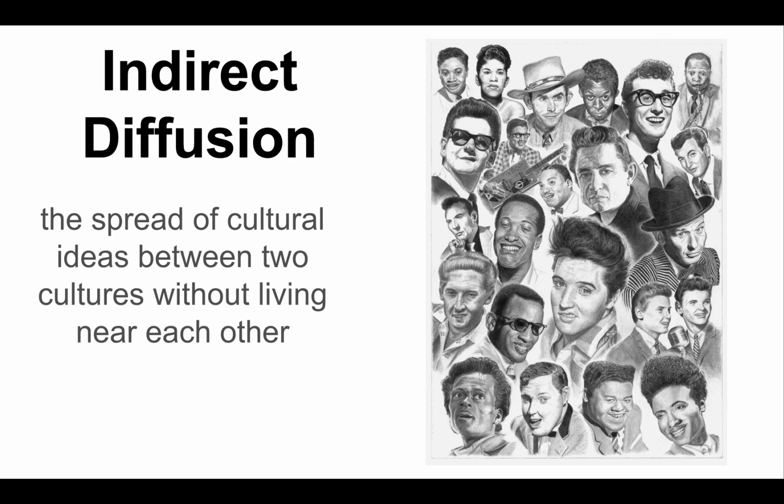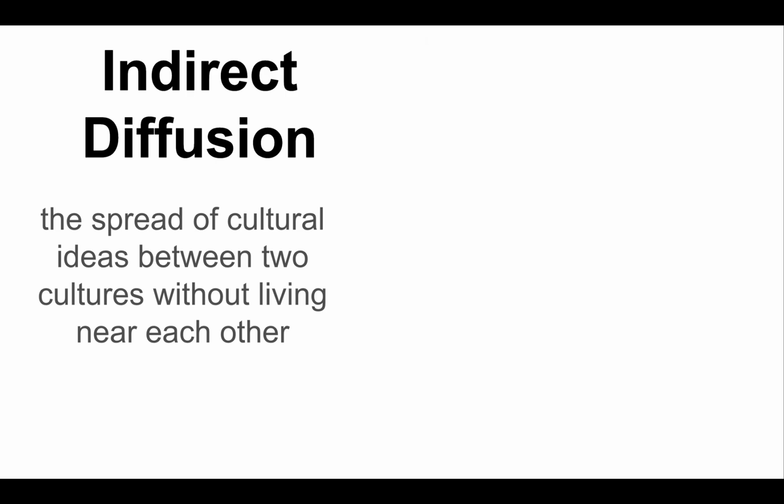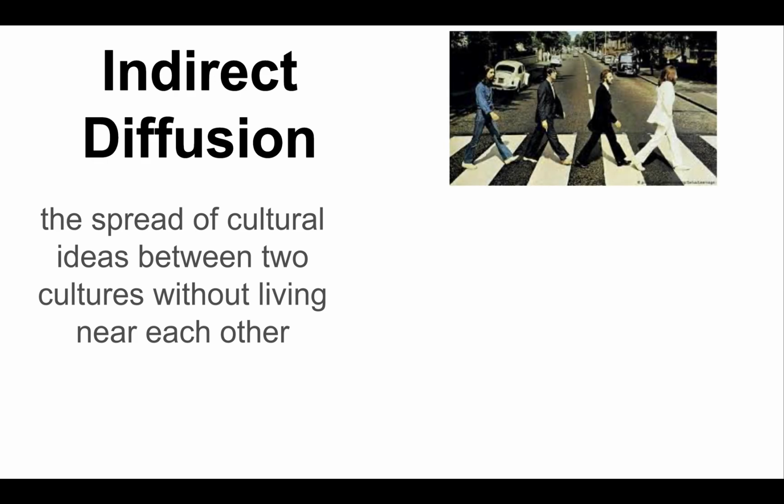And to give you an example of how indirect diffusion took place, a lot of the records that these guys created were being shipped around the world. And they would come into ports in places far off, like England, where schoolboys would get a hold of these records and play them, and they just became fascinated with this music and enchanted, and they wanted to create this kind of music of their own. And the perfect example would be like these guys. And if you're not sure who these guys are, these four guys are the Beatles, right?